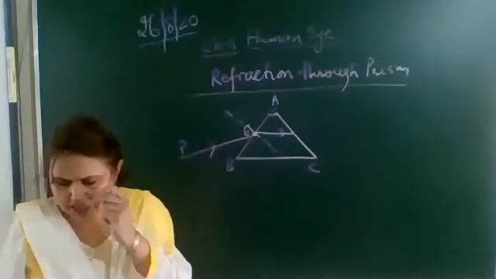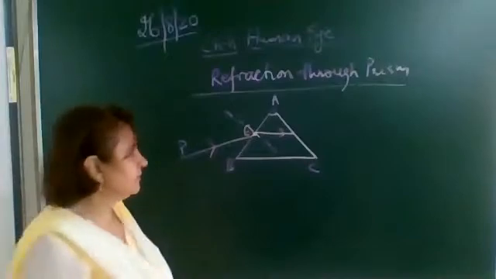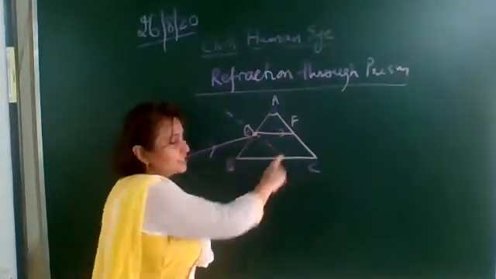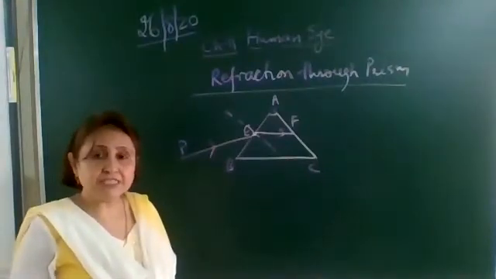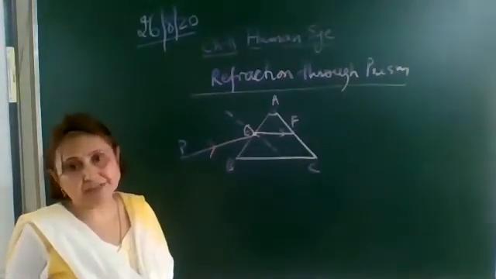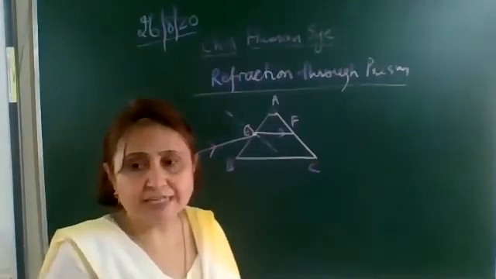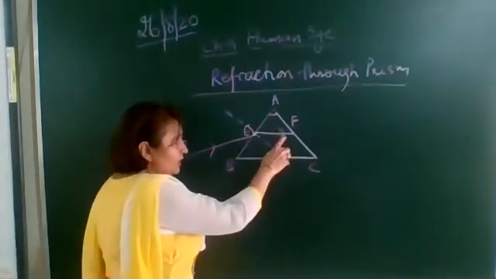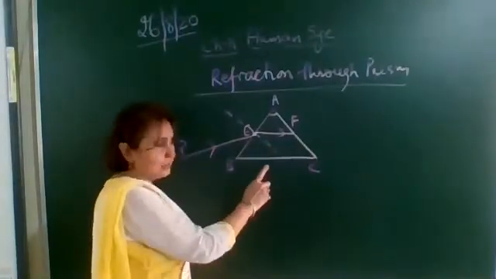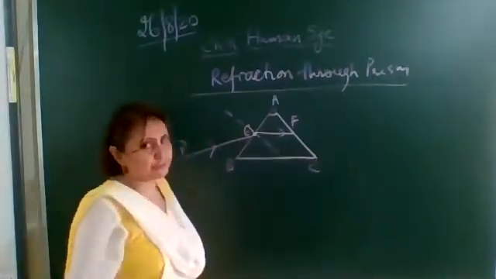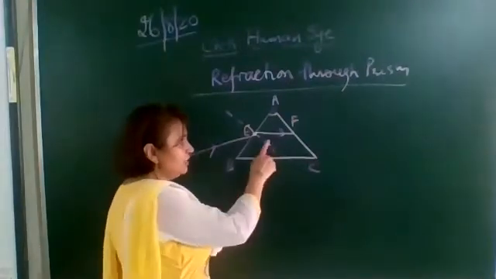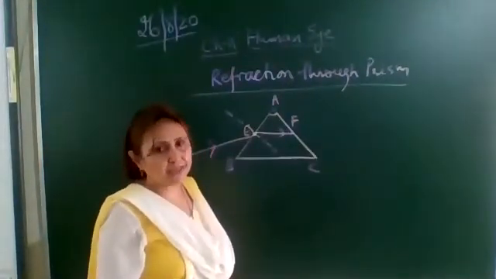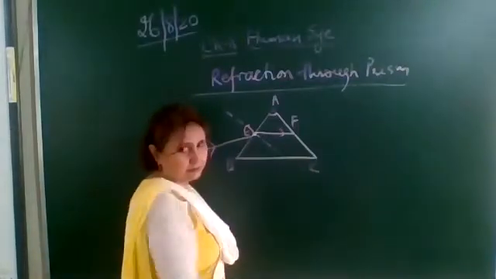And the ray which is traveling inside, let us name this point as F. This ray which is traveling inside is called the refracted ray. Now this ray will not stop here, as it will again move from one transparent medium to another transparent medium. Now this ray of light is moving from denser to the rarer medium, glass to air.